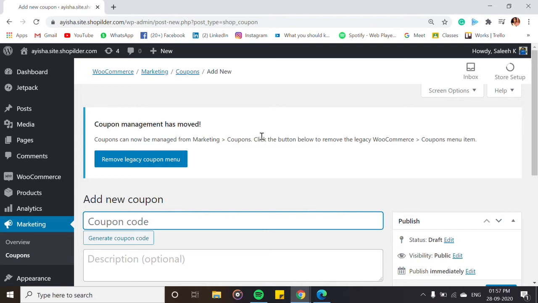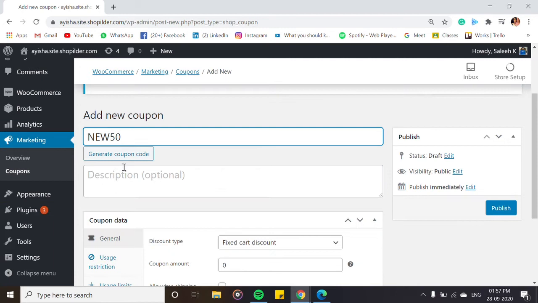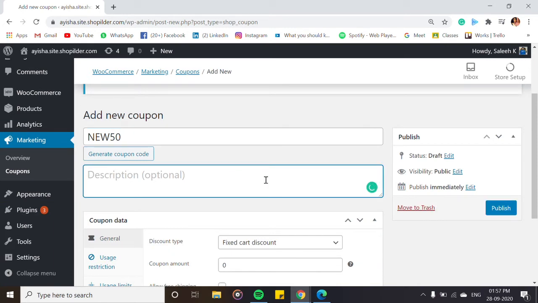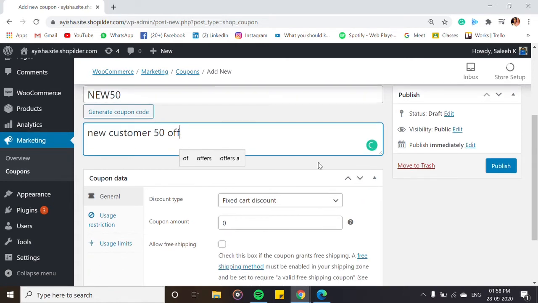The code is NEW50, and caps is always better. For the description, I'm going to add "new customer." This description is not visible to anyone else. It's just for your convenience.